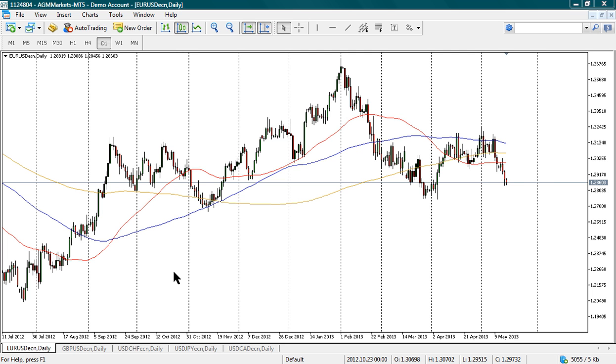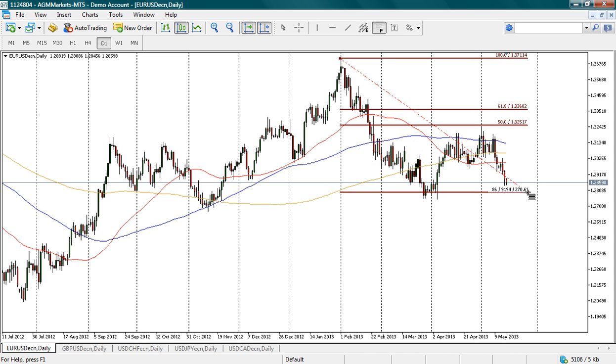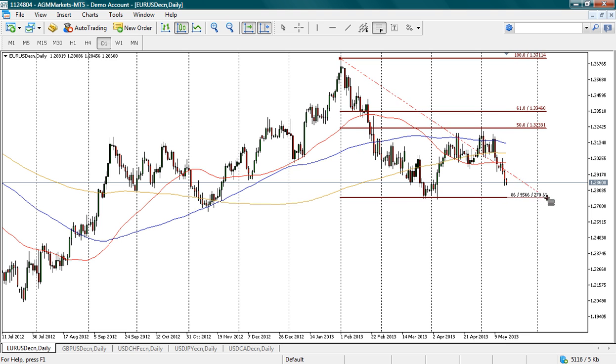Okay, so this is the Euro dollar daily chart. What do we have on this chart? Well, we spoke about it in last week's video. It was all about these two fibs that were in play. So there's the sort of battle between the two fibs. We have this one here from the highs to the lows. You can see the sellers are coming in at the 50% retracement, which is at 1.3229, and then we had the fib from